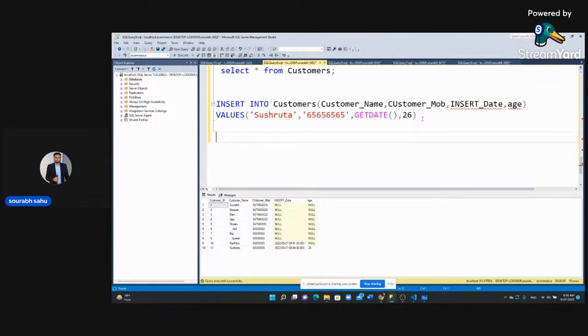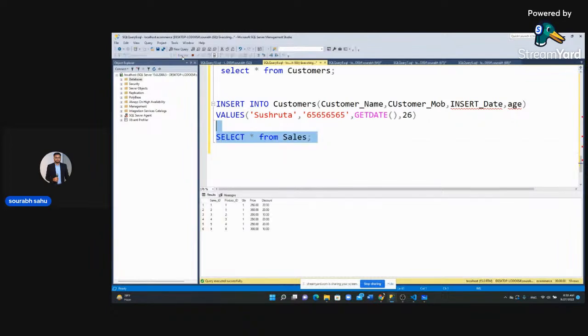Now let's create one more table, or rather we already have our sales table. Now in this table you will see that my prices are like this. Let me insert a few more prices into the sales table. So insert into sales, product ID, QTY, price, discount,